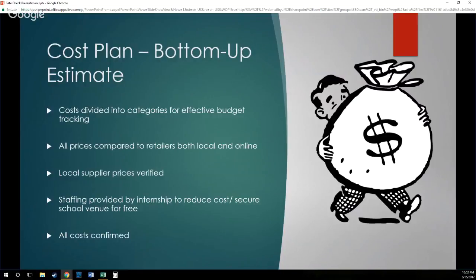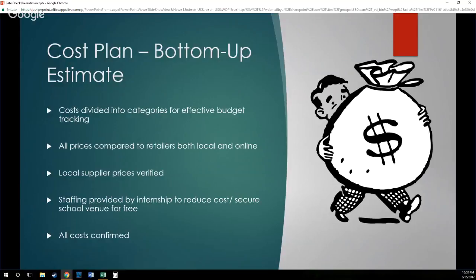Cost plan is a bottom-up estimate, as previously mentioned, which means that the costs are divided into categories for effective budget tracking. All prices compared to retailers, both local and online, which will ensure that all of the local supplier prices have been verified. Staffing will be provided by interns to reduce the cost of labor and also as a